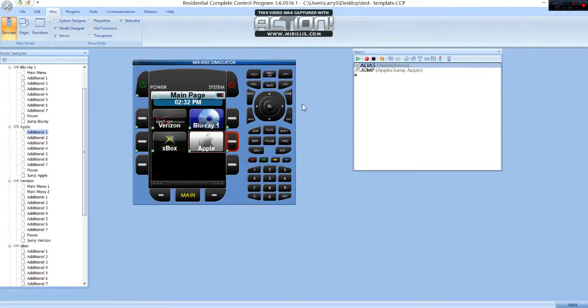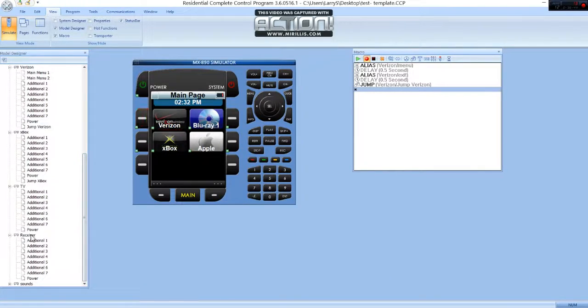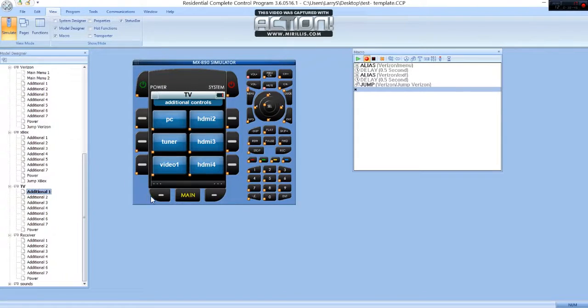So now the next thing is you got to know what the inputs are. Because when this button is pressed, it'll turn on the devices, because this is the first thing somebody will do, and then they go to their devices. So when you go to Verizon, what HDMI inputs, because now we'll go to putting in some inputs. So I'm going to go back into record, and we know that the TV input is supposed to be HDMI, we'll say HDMI 2,